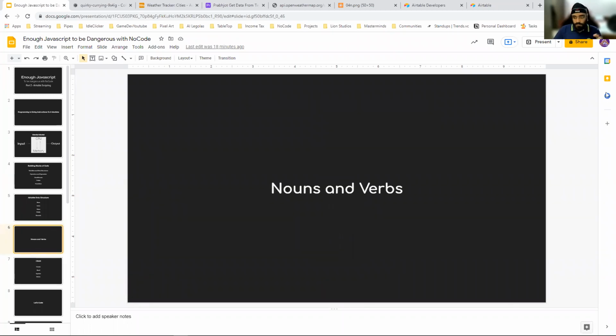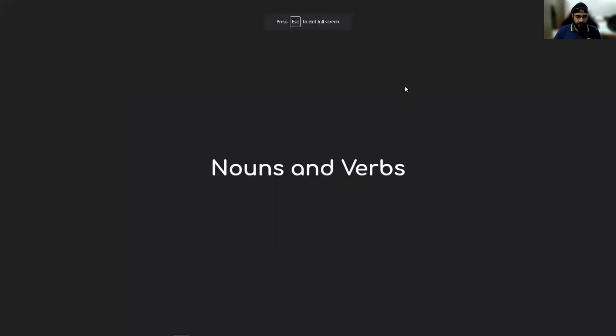But first, I just wanted to cover one key concept, which I was not able to last time, which is that fundamentally all programming is basically a language, right? We code in a programming language. So JavaScript, C++, Python, they're all languages, and every language has to deal with nouns and verbs, right? So they are the fundamental components of any language. And so when we define our data in our things, we are defining nouns.